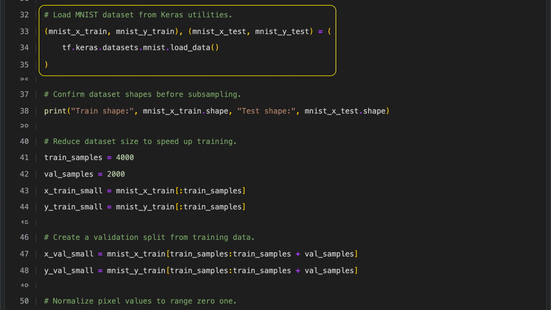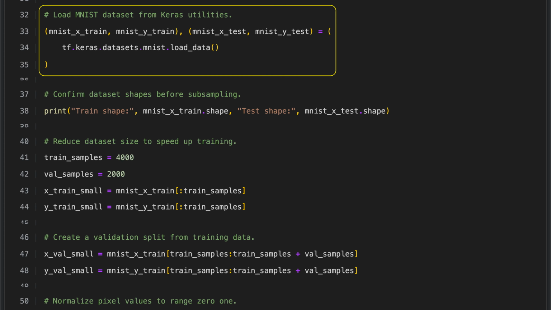We begin by loading the MNIST dataset using the dataset loading tools in TensorFlow's Keras library. This call returns two sets of data, one with training images and their labels, and another with test images and their labels. MNIST is a standard dataset of handwritten digit images that is widely used to train and evaluate image processing models. It is especially useful here because it provides a clear way to demonstrate how a model can overfit